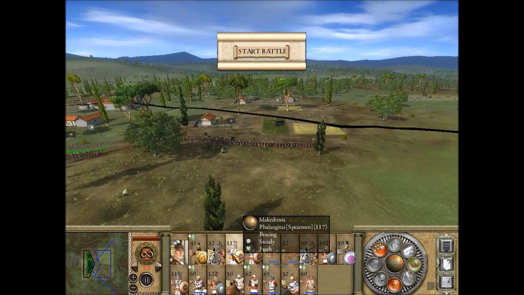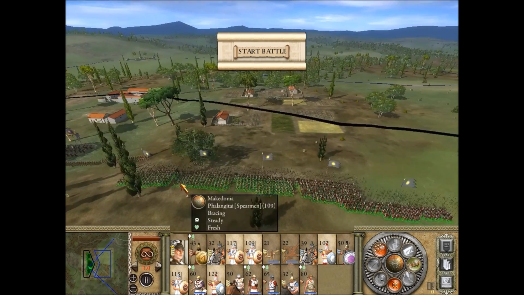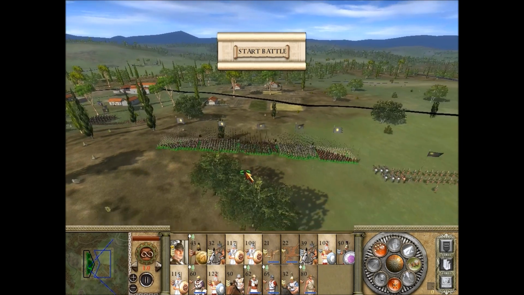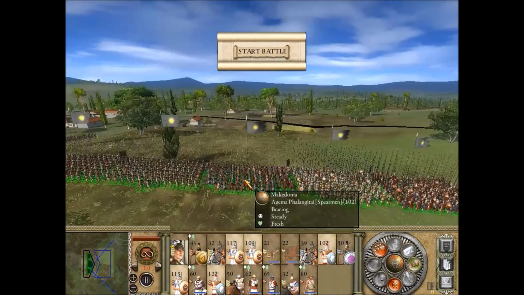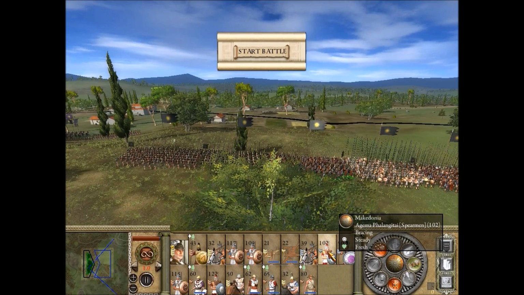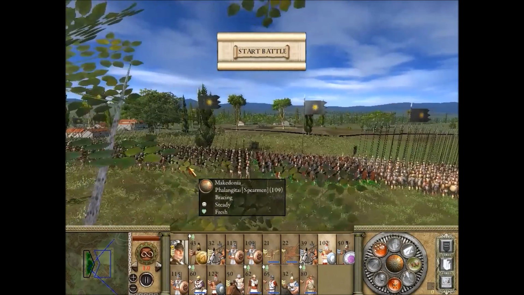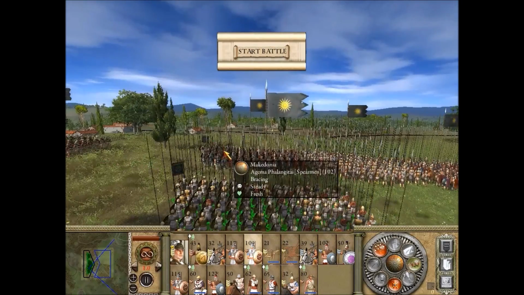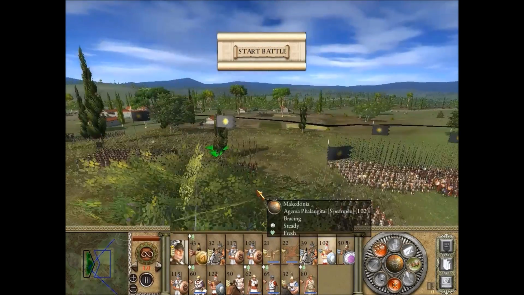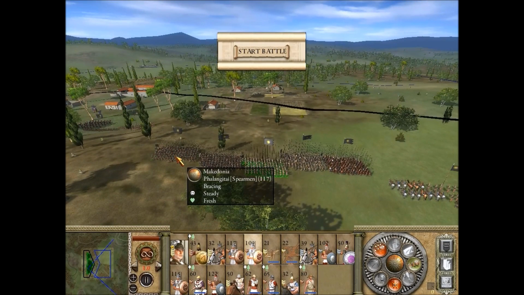Wait, did I already select these? Let me select all my phalanx just to make sure I've got them all. Okay, so I've got 5 phalanx. I should probably organize these in a wise manner. So 3 of them are the regular phalangitai, and 2 of them are Agema phalangitai, which are really good. So I think the best arrangement for me would be to do this. And then